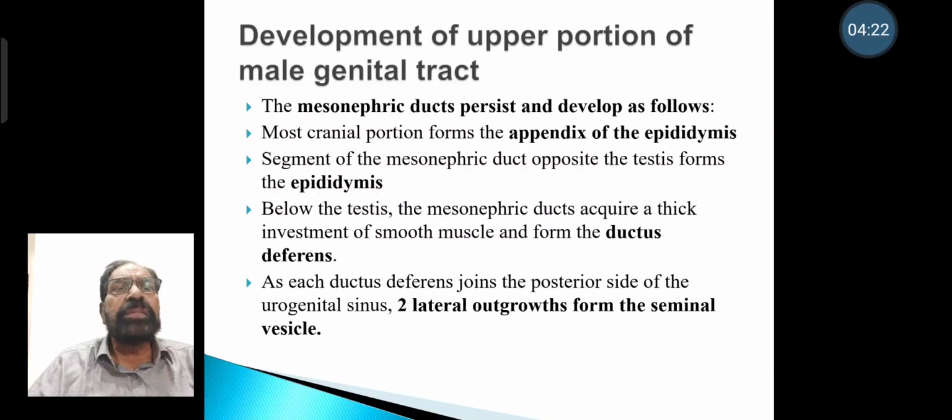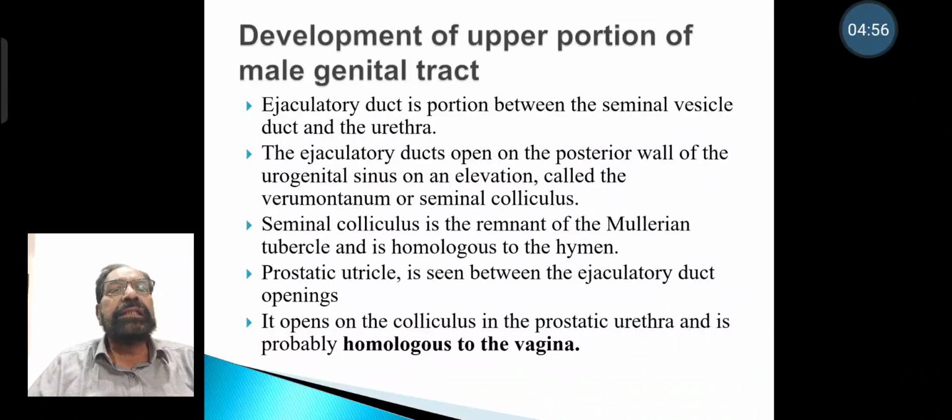Mesonephric ducts persist and develop as follows. Most cranial portion forms the appendix of the epididymis. Segment of the mesonephric duct opposite the testis forms epididymis. Below the testis, mesonephric ducts acquire a thick investment of smooth muscle and form the ductus deferens. As each ductus deferens joins the posterior side of urogenital sinus, 2 lateral outgrowths form the seminal vesicle. Ejaculatory duct is the portion between the seminal vesicle